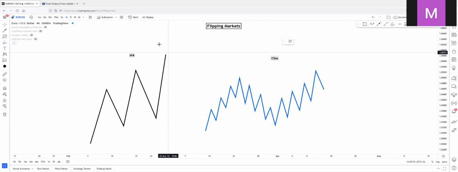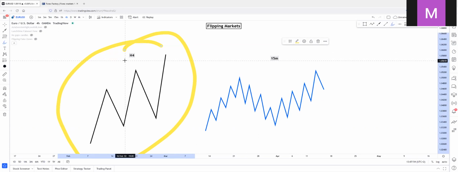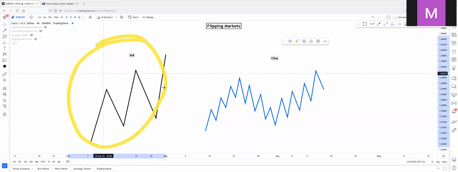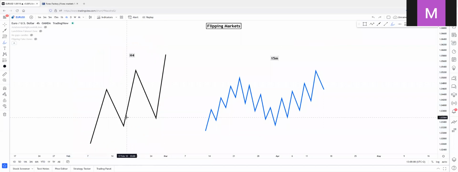Okay, we are focusing on this one. What do we call this trend? On the 4-hour chart, as you can see, this is the 4-hour chart. What do we call this trend? Bullish. Bullish trend, right? So we can clearly say that the 4-hour chart is bullish because it's creating low points,